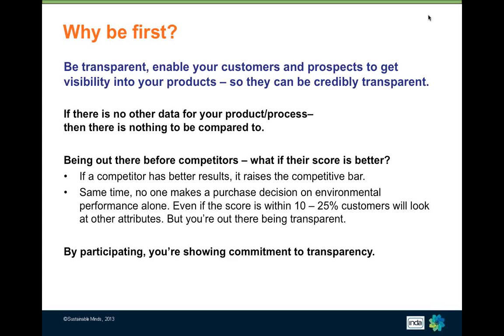Now the question also comes up, but what if there's a competitor that comes up with a better environmental result? And as all of you know, environmental performance is one component of a total product performance. So clearly that's going to put you in a position that you're going to say, we need to do some more work in this space. But your other